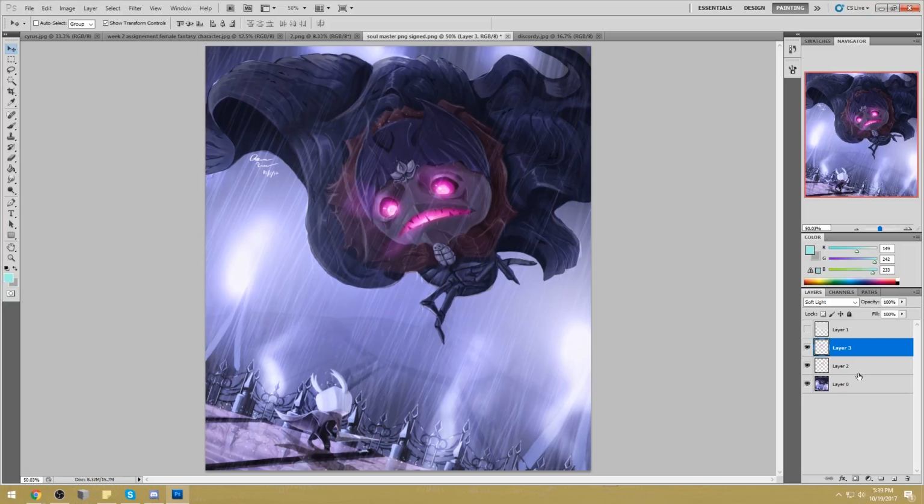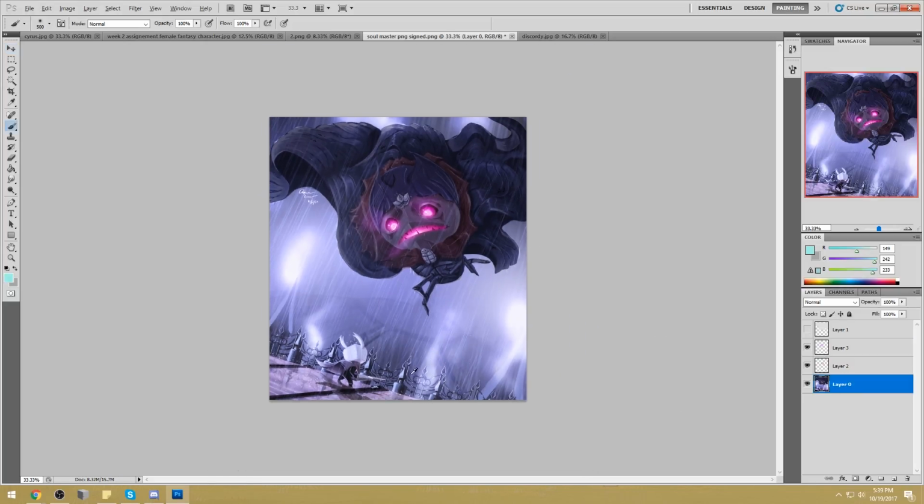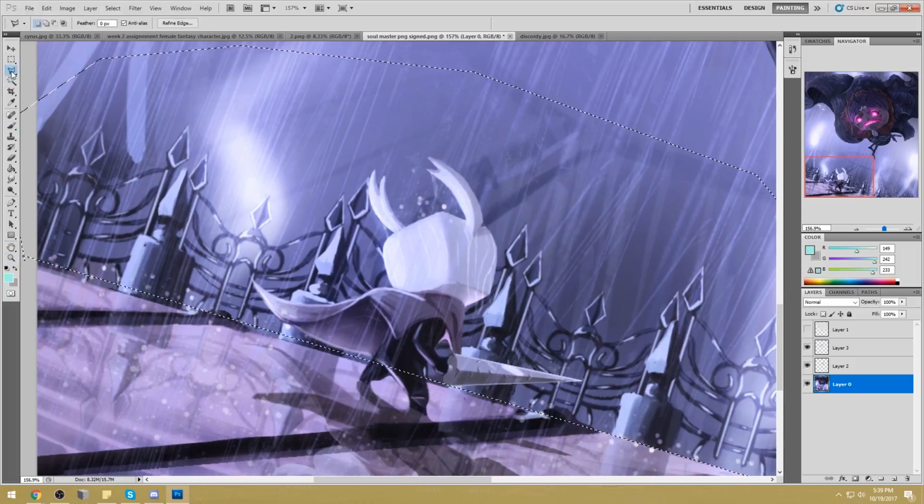Okay, next up is another depth problem you have all over the canvas, which is the darkness level here. So you've got all of this foreground darkness, which is just fine. It's just the right amount. But then you've got this darkness in the